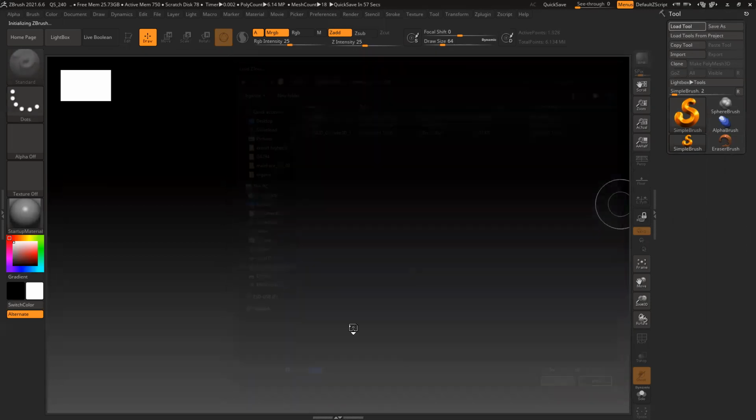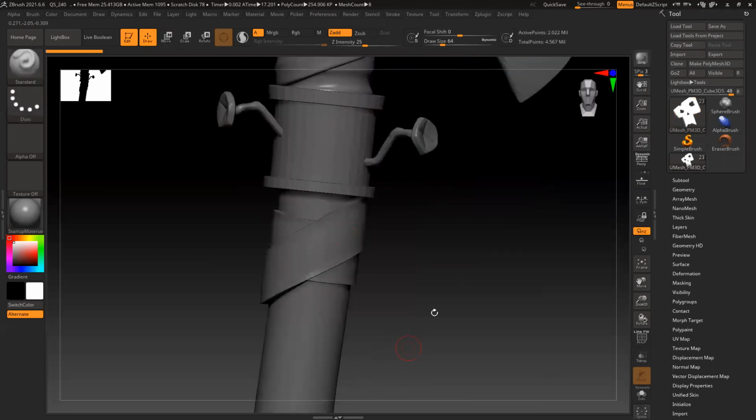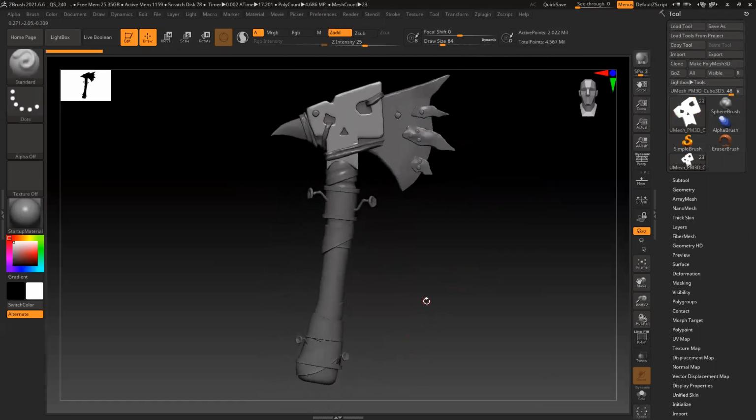Okay, number 2. If you open the reference,